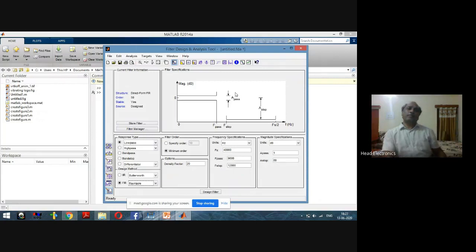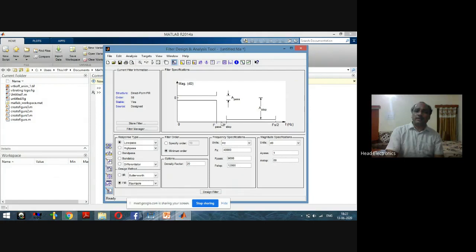So here, first we derived the specifications from the given requirement, then we selected the response type and the design method. First of all we have to define the filter specification: the pass band frequency, stop band frequency, attenuation in the pass band, attenuation in the stop band, and the sampling frequency.